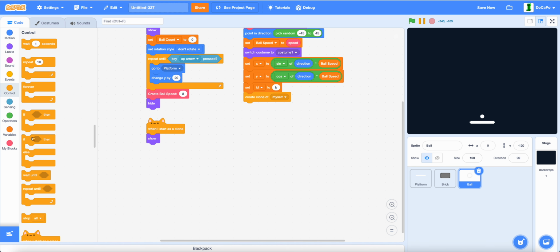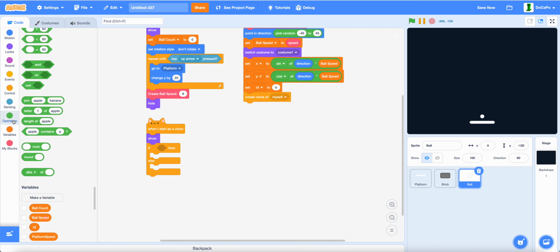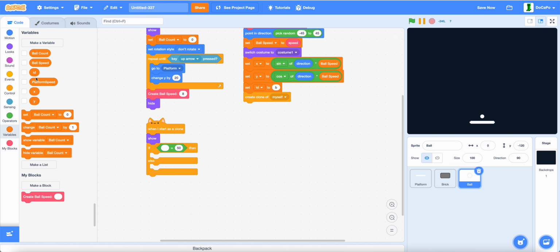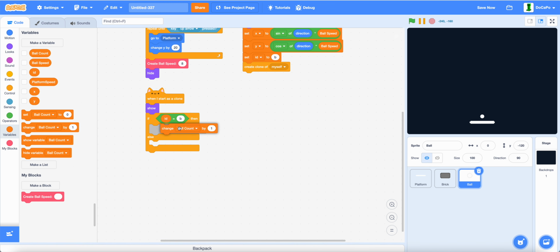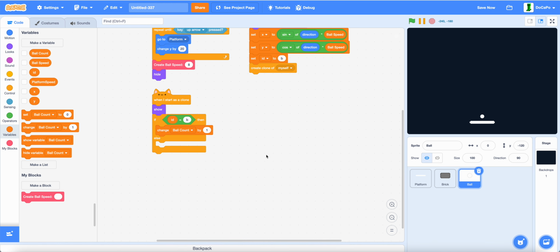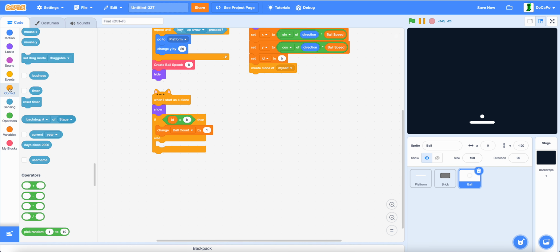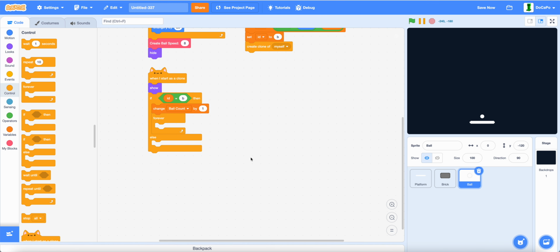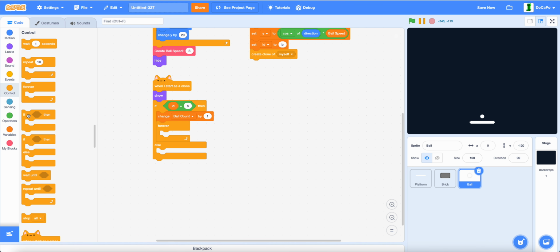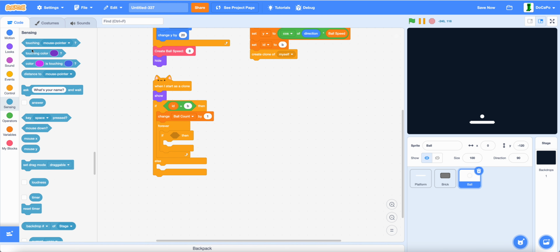Now, if else ID equals B, then change ball count by 1 and add in a forever. And now, if touching platform,